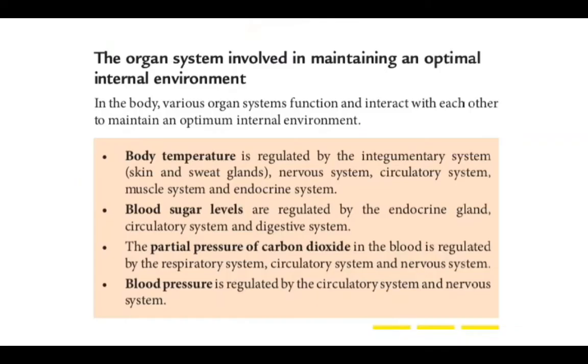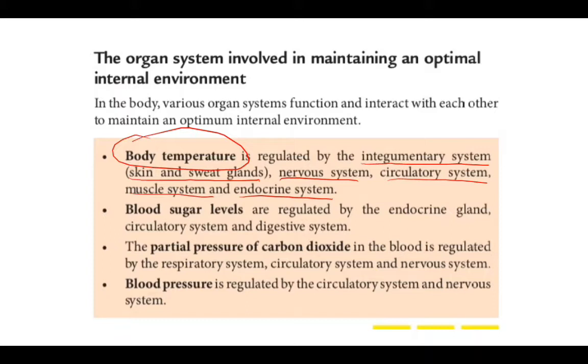Okay? So organ systems involved in maintaining an optimal internal environment. So kita ada banyak organ system. Setiap organ kita ini akan interact with each other to maintain the optimum internal environment. For example, body temperature is regulated by the integumentary system, okay, the skin and the sweat glands. Also the nervous system, the circulatory system, and muscle system, endocrine system also. So dia bekerjasama, satu sistem organ bekerjasama satu sama lain supaya kita punya internal environment can function in